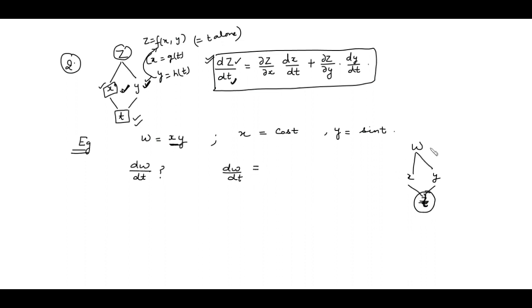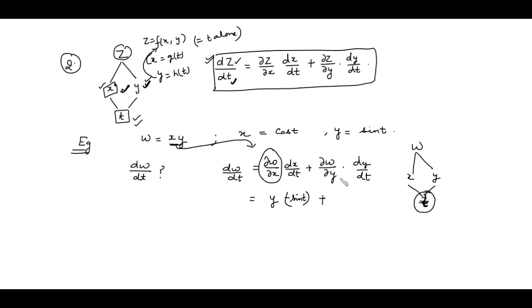So this will be the partial derivative of w with respect to x into the derivative of x with respect to t, plus partial derivative of w with respect to y into the derivative of y with respect to t. Now you just substitute the values over here. What is the partial derivative of w with respect to x? This is y. What is the derivative of x with respect to t? It's minus sine t,